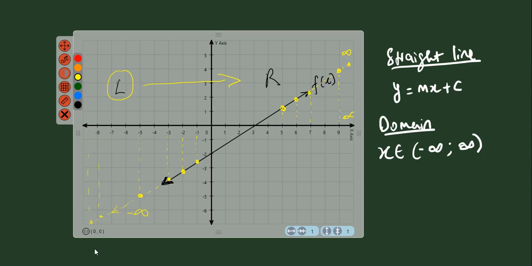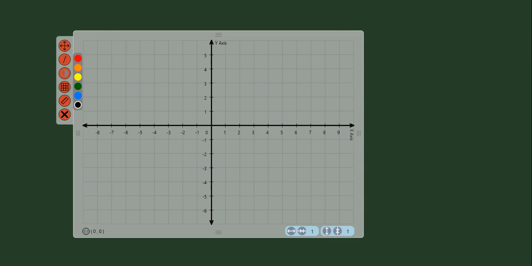Okay, what about its range? Well, I'm going to have to redraw it again. Let's say this is our graph there. We were talking about it and saying it is f(x). It is f(x). Now